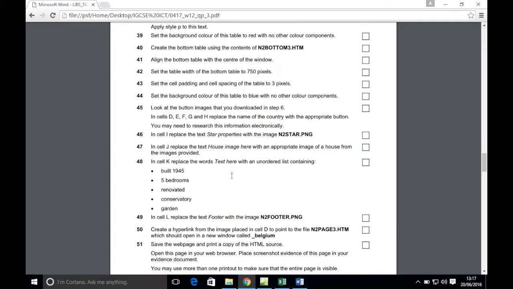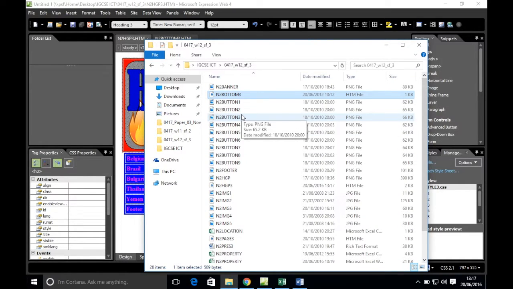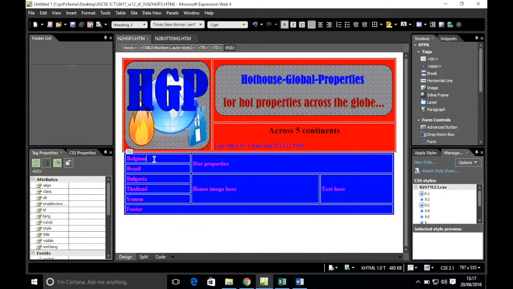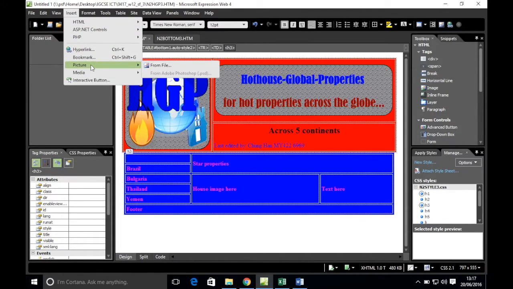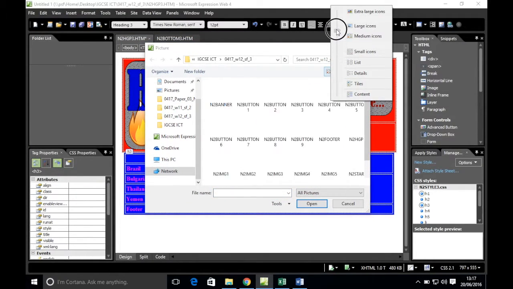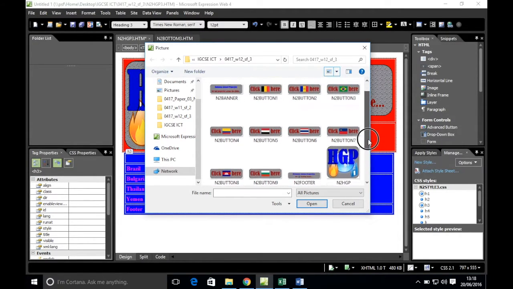Okay, moving on. So look at the button images that you're downloading in step 6. In cells D, E, F, G, and H, replace the names of the country with the appropriate button. Okay, so I need to replace the text here with the appropriate images here. So I'm going to select Belgium first. I'm going to insert picture from file. Okay, so in order for me to be able to see it more clearly, I'm going to change this,